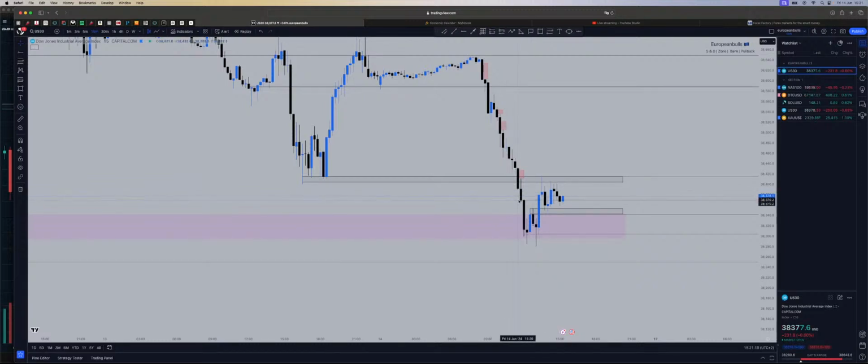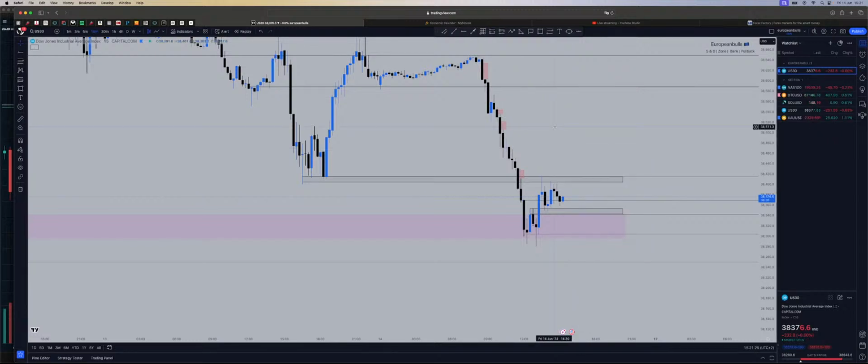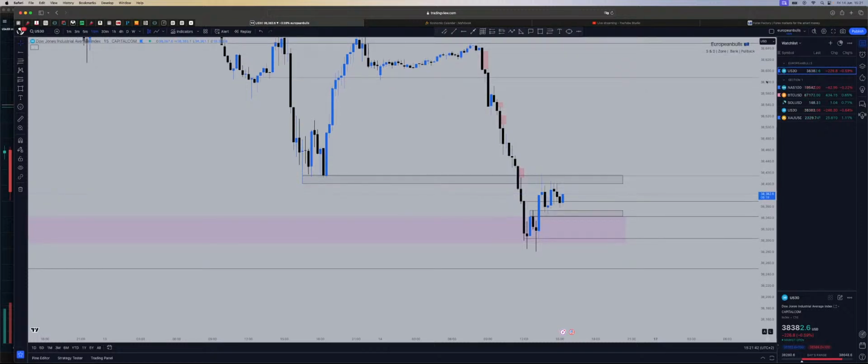There is no messed up indicators or anything like that. It's very simple: supply and demand, taking some fair value gaps or imbalance, market trend, break of structure, and that is all. You don't need a lot of things in order to trade pairs like US30 or anything. But yeah, you have to be very careful with the timings, because as I told you,